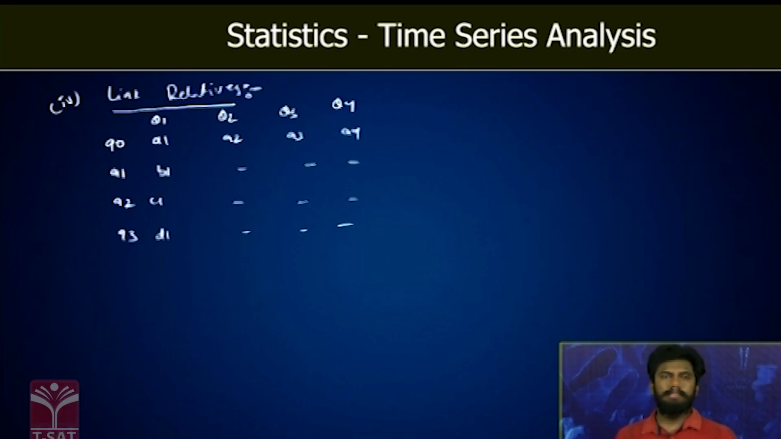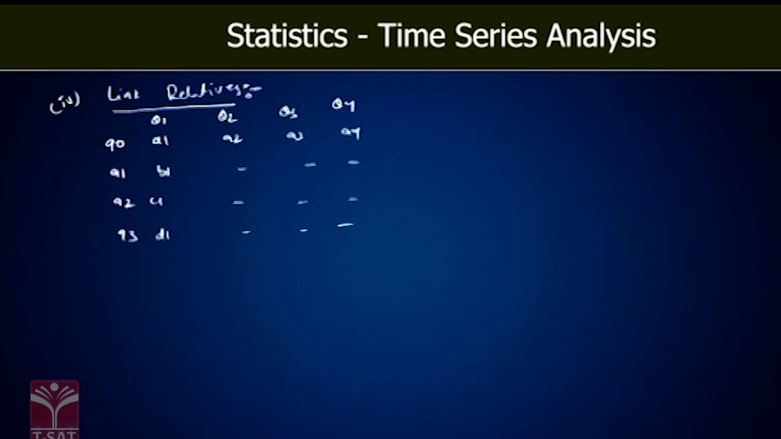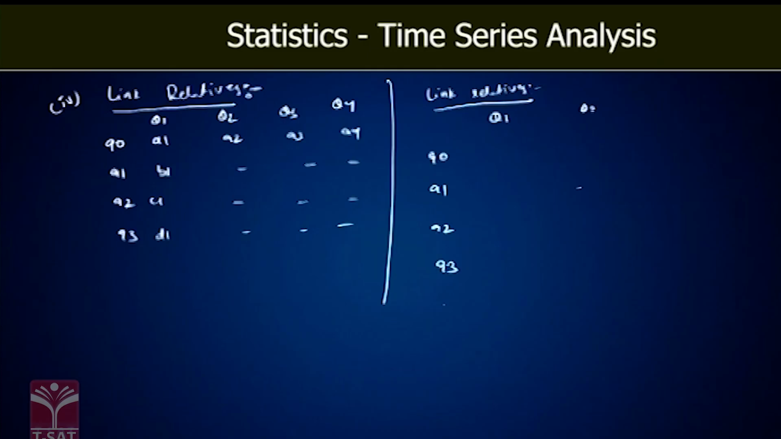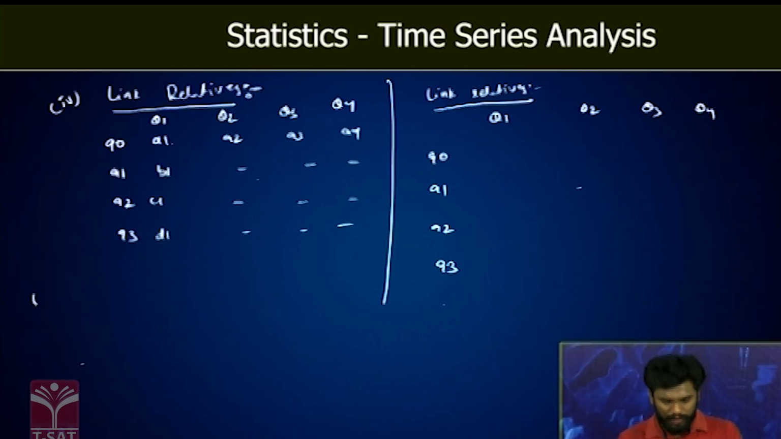So how to find the seasonal indices using the link relatives method? We'll see now. So whenever the data is given like this, first we'll form a table, that is link relative table. Link relatives. We'll write the link relatives in this table. See here. 90, 91, 92, 93, Q1, Q2, Q3 and Q4. So now the link relatives are calculated by the formula. You have to remember the link relative. The formula for link relatives is